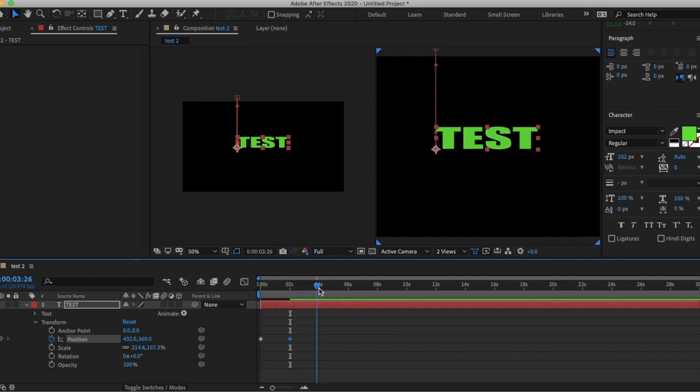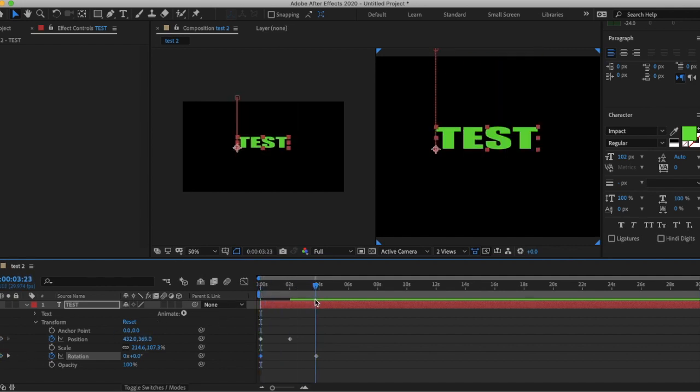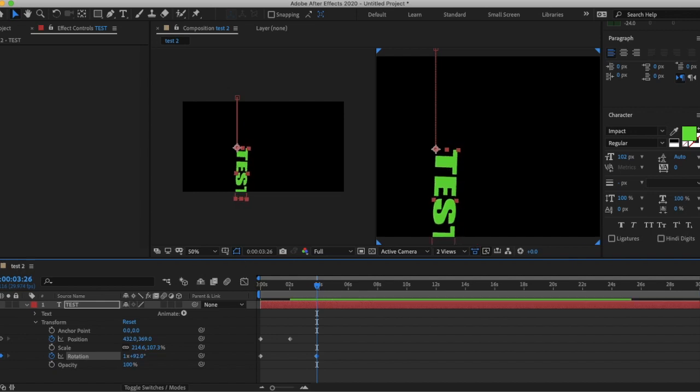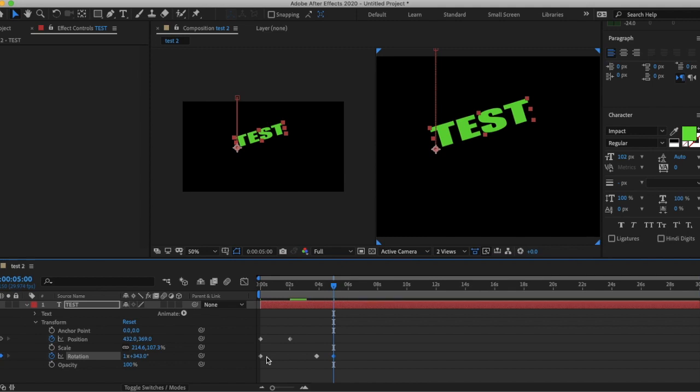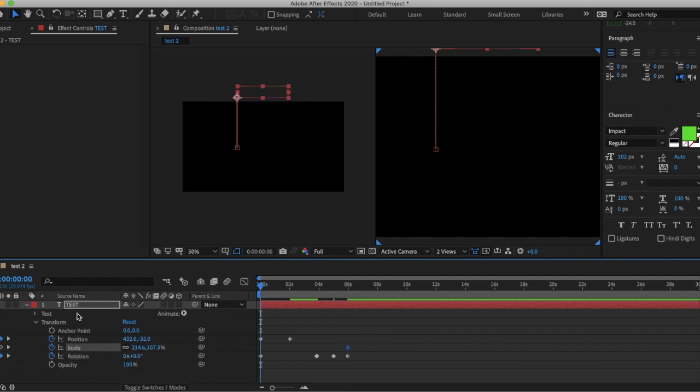Okay, so we have that. And then we're going to make it rotate a bit. Put on that stopwatch. Okay, and go back to the position where we are, and make this turn like mad. And then we're going to put it over here, and it's going to turn whilst it's coming down, so it's going to look really cool. And then we can scale it as well, so scale, put a marker here,